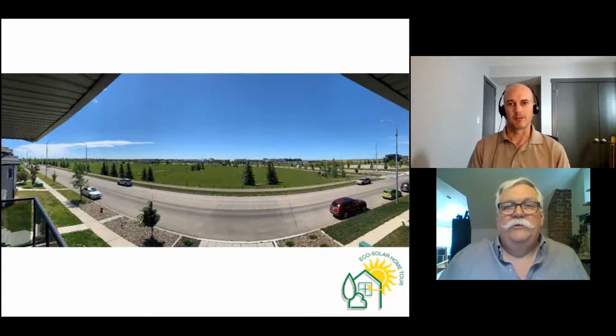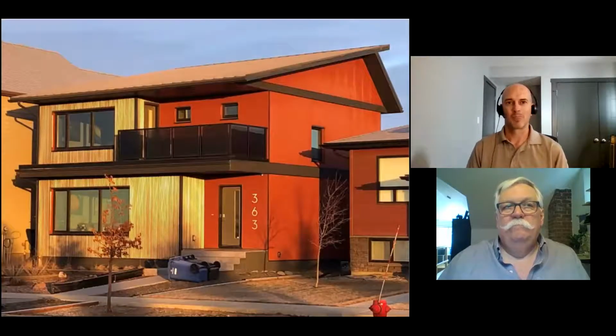Okay. So those won't be developed then. That's a soccer field. No. Okay. In fact, the city had a tree growing near the curb right in front of our house, an elm tree, and we put in a request to have that removed because we just didn't want to have that shadow on the house. So as far as design features on the outside,